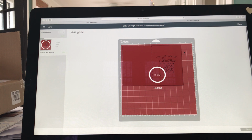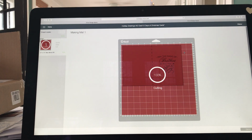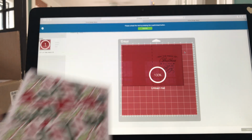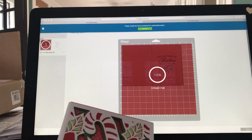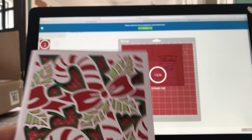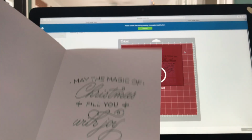I am a very visual person. So I wanted to just point out that if you wanted to use, for instance, a patterned piece, I want to show you what that looks like. I thought this looked really interesting, you know, with the music in the background, or perhaps something like this. Polka dots, right? I mean, it looks really cool. So the reason why I say that I'm a visual person is that the technique that I came up with